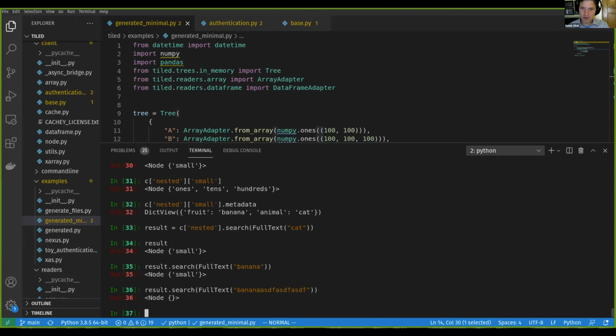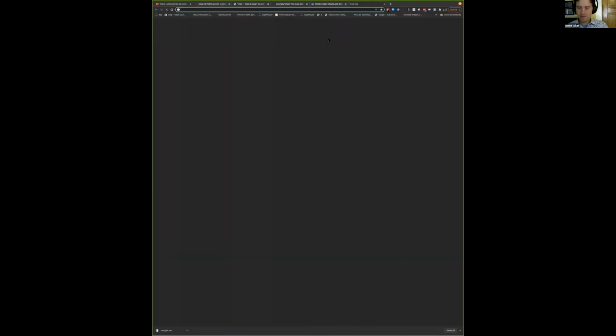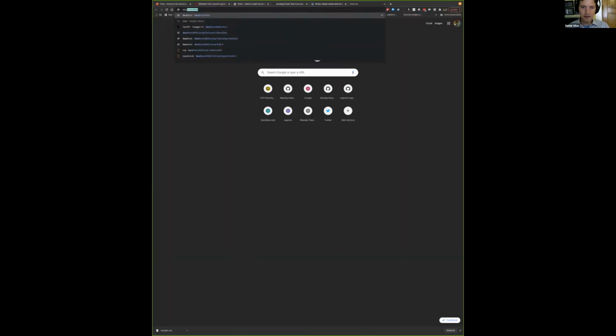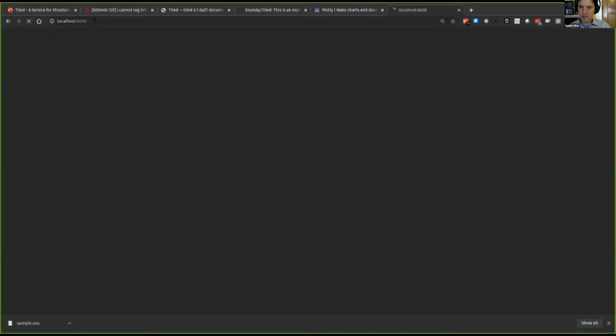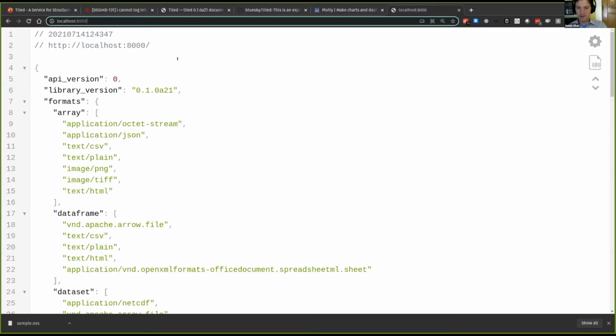I'm going to switch what I'm sharing now to go to my web browser and show what it looks like to hit this from a web browser. I'm going to rejuggle a little bit to fix the aspect ratio. Hopefully that's okay. So if I go to localhost 8000, we see the same thing we saw in the console earlier,